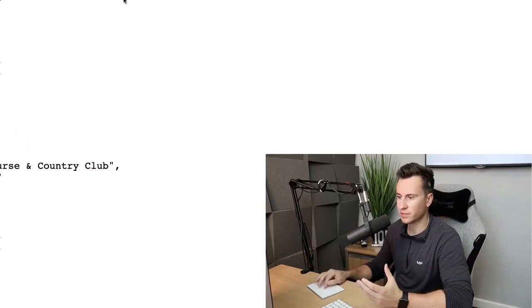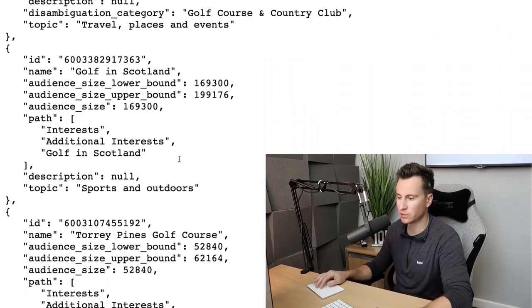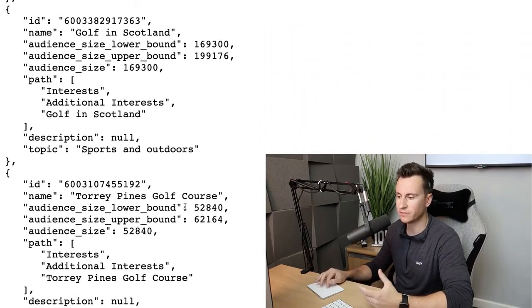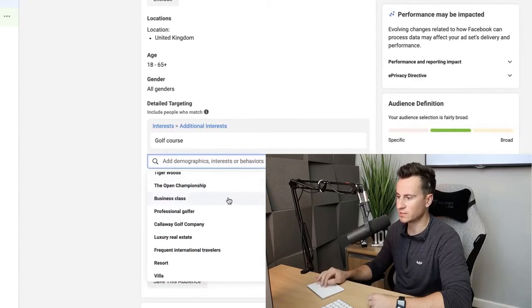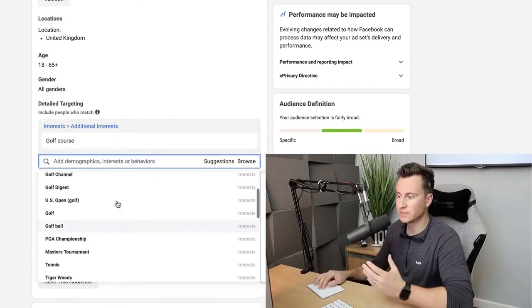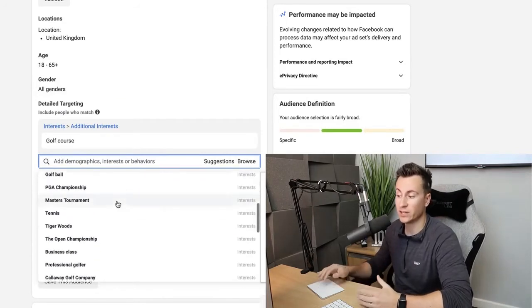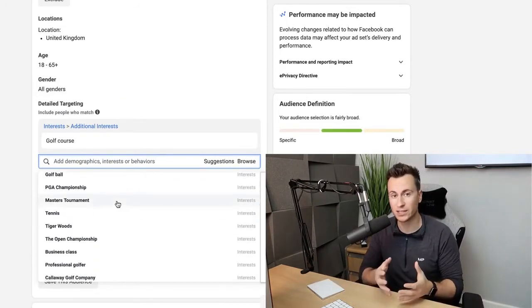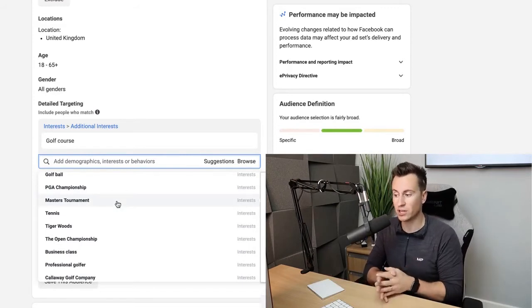And if we head back and try and find a couple more, so we've got Golf in Scotland, we've got Torrey Pines, another really famous golf course. Let's go back into our ads manager. We can see Torrey Pines isn't on here. And we can see that Golf in Scotland isn't on here either. So you can just see very quickly, in the space of a couple of minutes, we can find a very